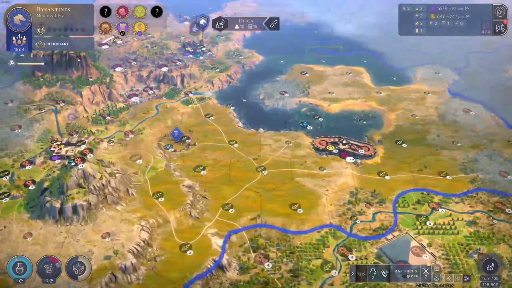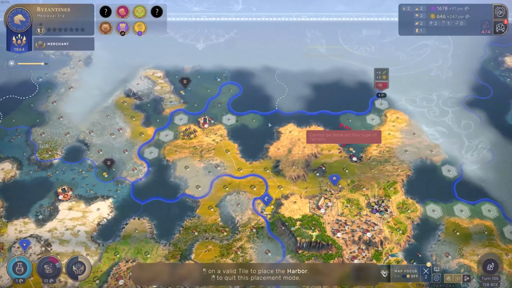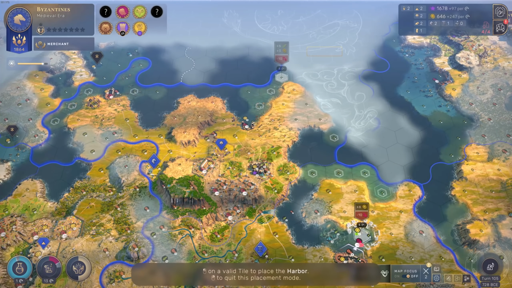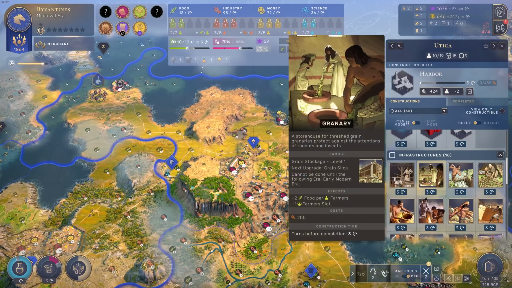Utica. Industry is good. Food is not so good. Perhaps another harbor might do wonders. There is 6 food and 3 coin up here. And I think that's all we can do here. Yep. Getting a bit of food in there. That's fine. And then perhaps also boosting it with...